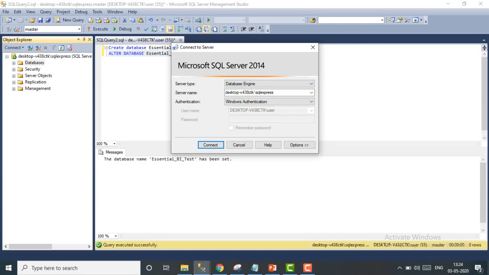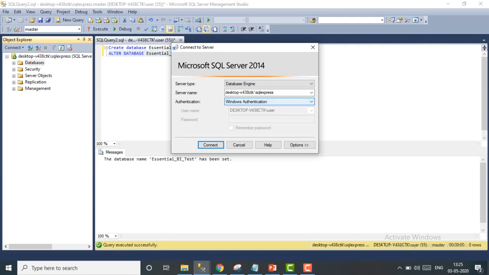In server name, this is my server name where I want to connect, and I'm selecting Windows authentication mode here. Why am I selecting it? Because there are two authentication modes available in SQL Server. The first one is Windows authentication mode, and the second one is SQL Server authentication mode.